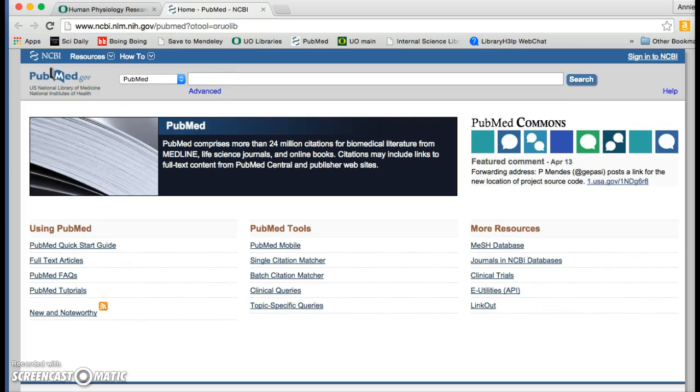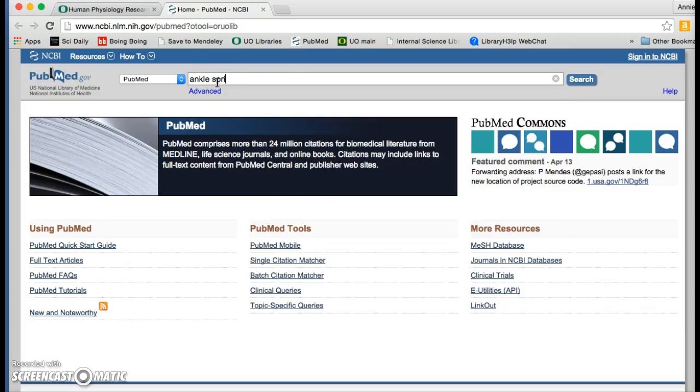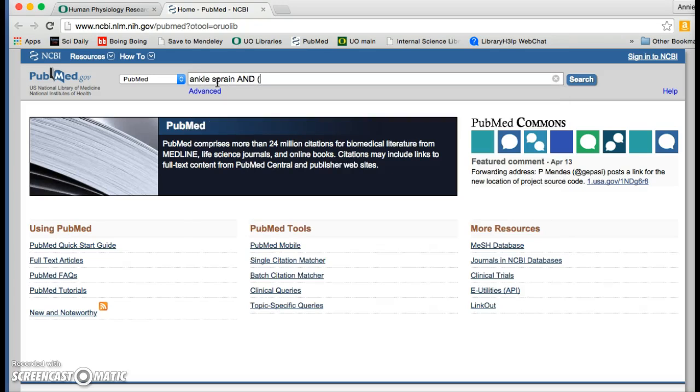So you're going to run a search. One of the searches that we did was about using proprioception training in college athletes to see if it would help with ankle sprains, and the search was something like this: ankle sprain. And remember, I capitalize AND because I want to make sure that it knows that I want to get this word as well. And then I did college OR student athlete